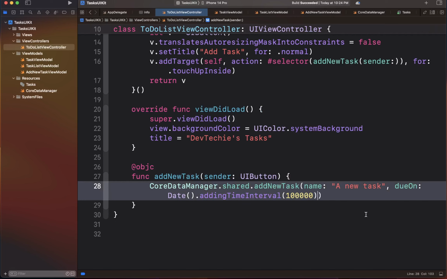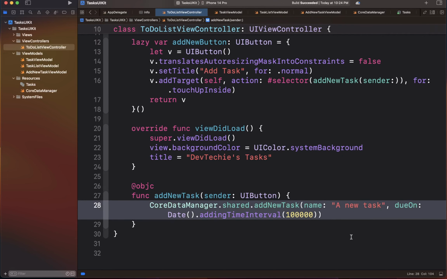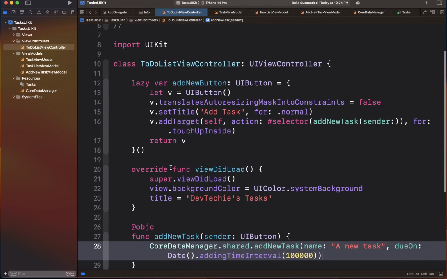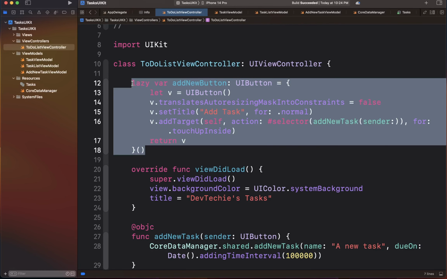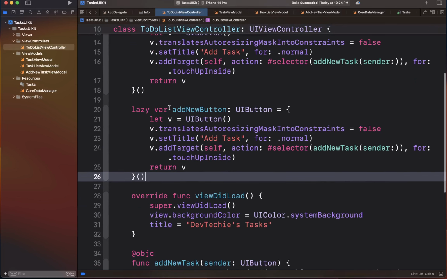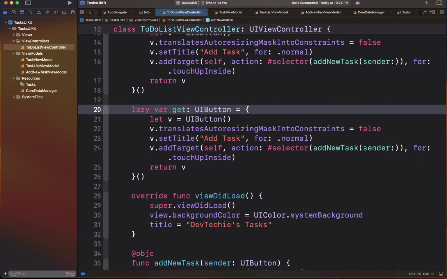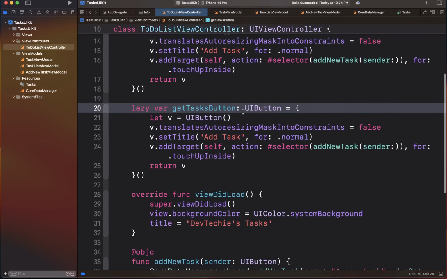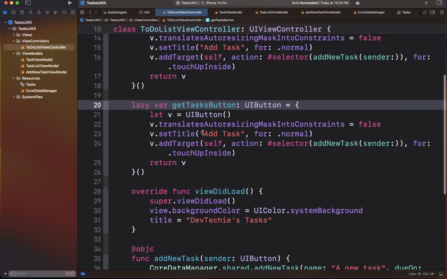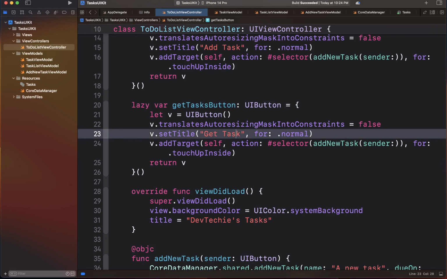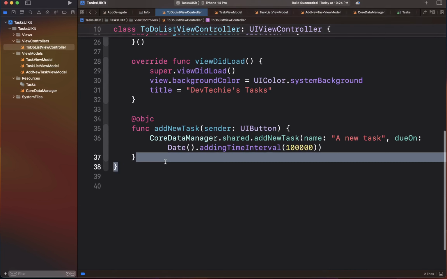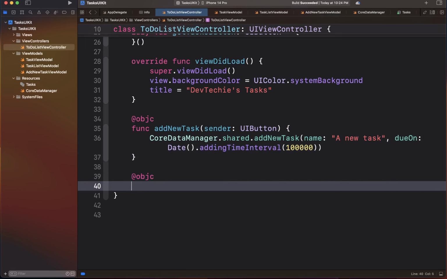Okay, and now our record should be created. So what we want to do is create another button. I'm going to copy this button, and this button is going to be the get tasks button. This guy is going to be called get tasks, and the selector is going to be